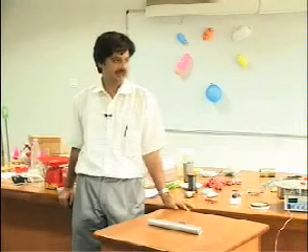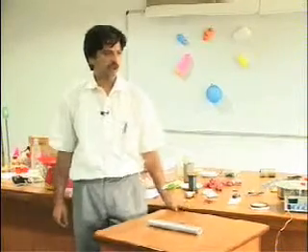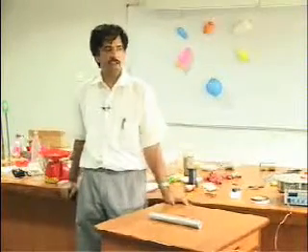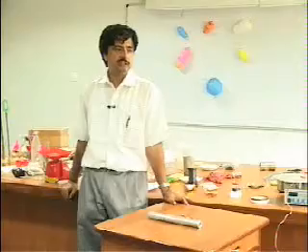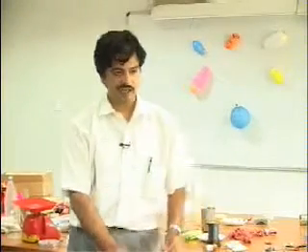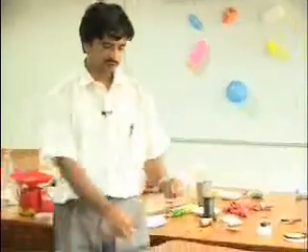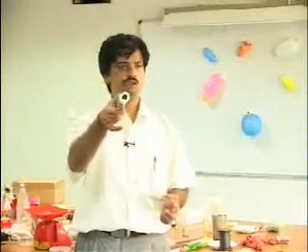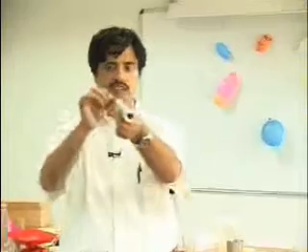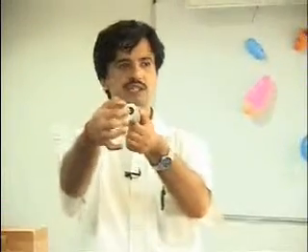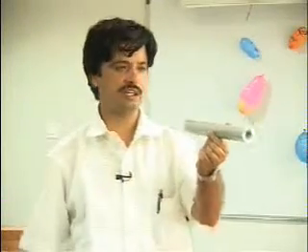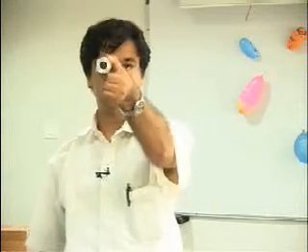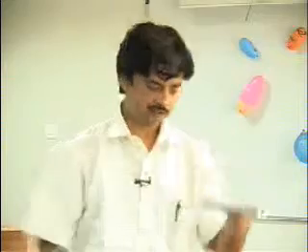This time I am not going to tell you the aim of the experiment. First let me do the experiment and then I'll tell the physics. See, what do I have with me? I have this aluminium tube. You see, it's a hollow rod, you can say. Its walls are very thick, and then there is a complete cylindrical hole from one end to the other end.